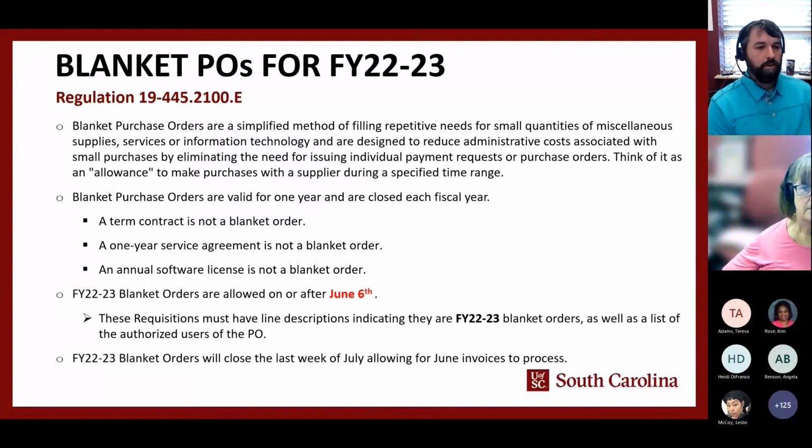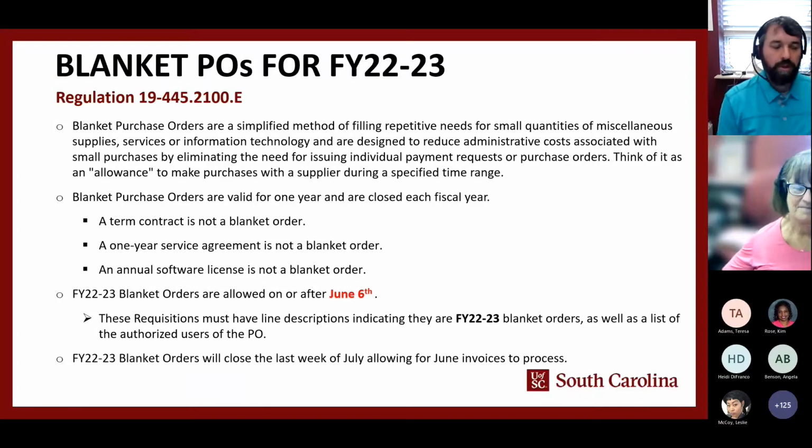And it's going to be important to help our staff identify the ones that are intended for the next fiscal year. We would assume you probably didn't have a blanket ready just for the month of June only for fiscal year 22. But just in case, we want to make sure that we identify that these are for fiscal 22/23